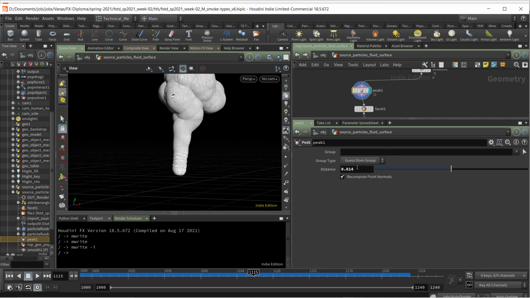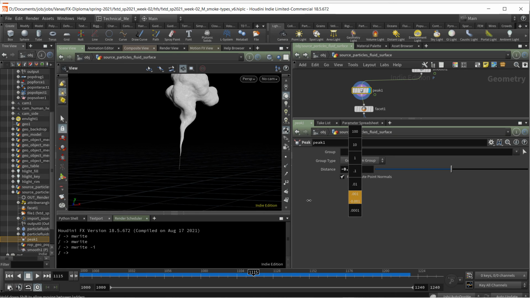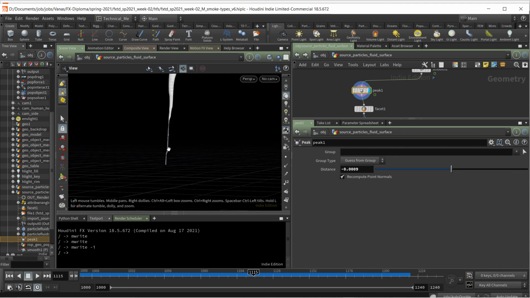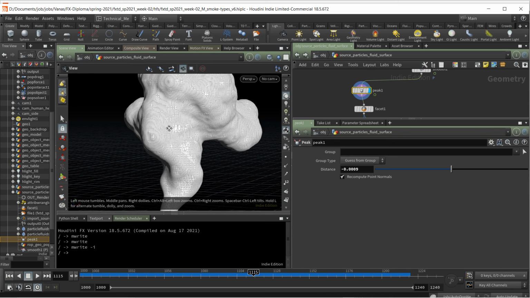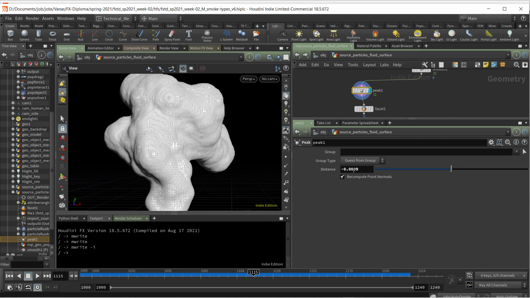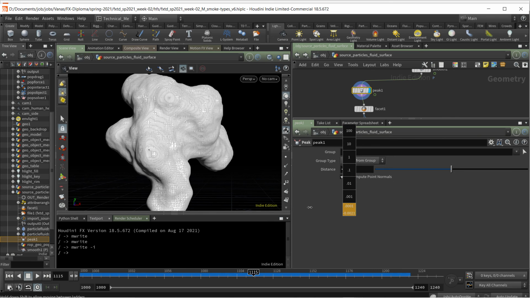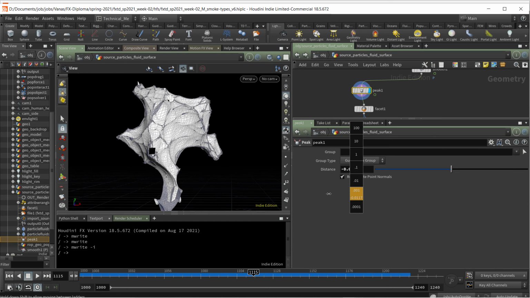Now if I go negative, peak will make it smaller, and here's a case where small numbers are important. But at the beginning, if I get too small, it's going to chop that line. It's going to actually turn it inside out. But up here, if the peak goes negative, you can see that the shape ends up looking more